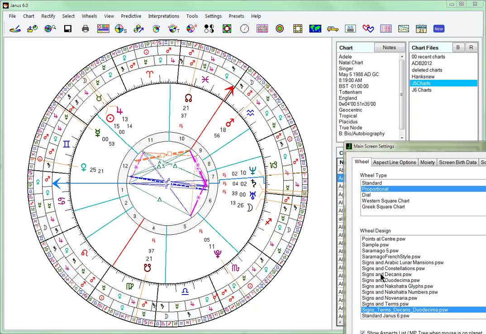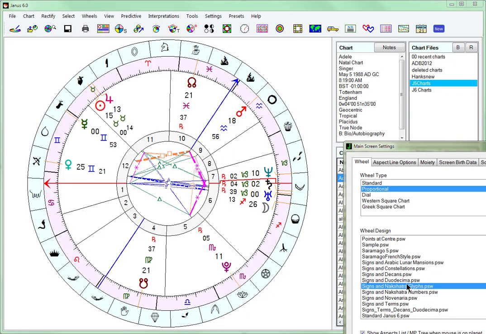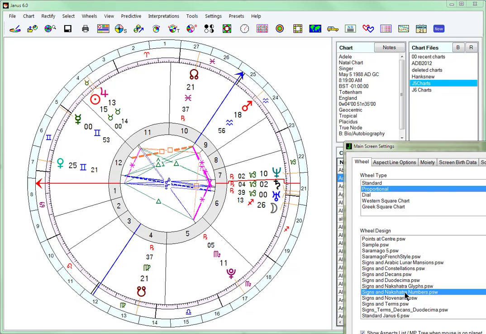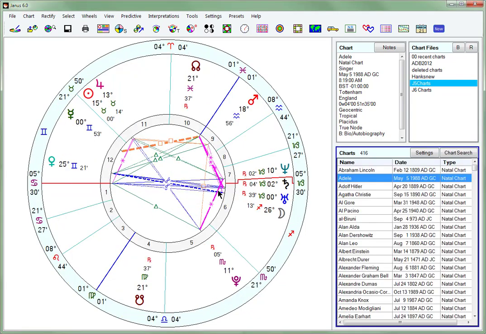In addition, there are nakshatra glyph wheels and nakshatra number wheels if you're doing Vedic astrology. But as they say, but wait, there's more. You can not only call up all different kinds of wheels, but unlike any other astrology program,